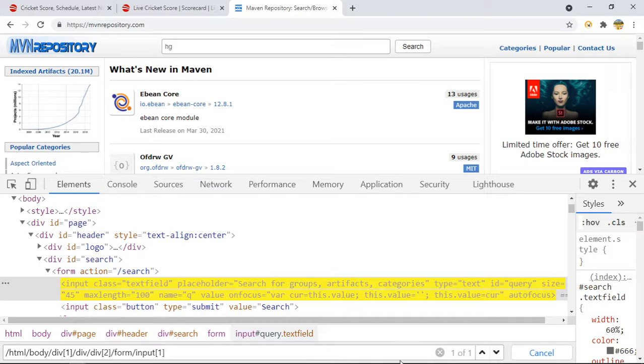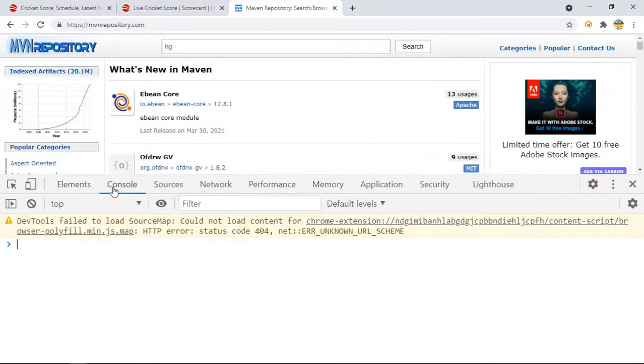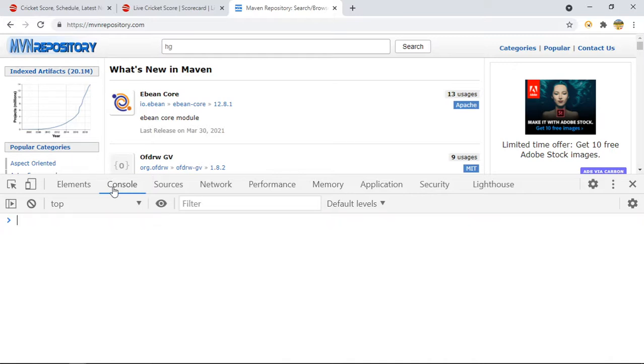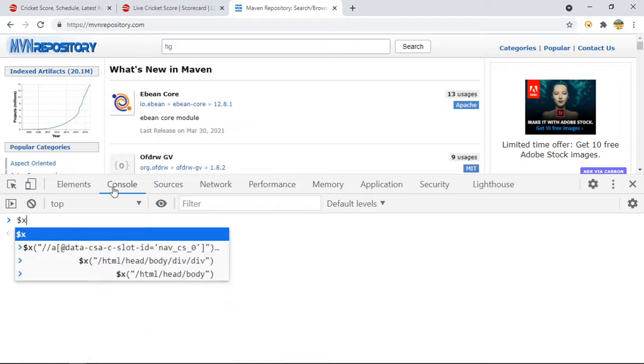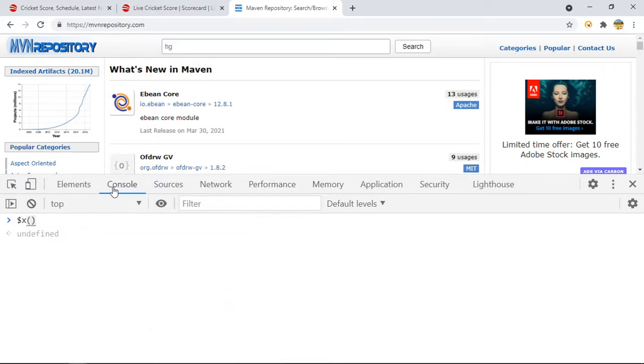What you are getting here, let us check whether the XPath is correct or not. Okay, so let me also check. Instead of doing this one, go to the console. I am just validating whether this line is sufficient to identify my web element or not. So I will go to the console, press Control L to clear this, and provide $X. If you want to validate your XPath, provide $X in double quotes, provide the complete XPath, and after that, hit enter.